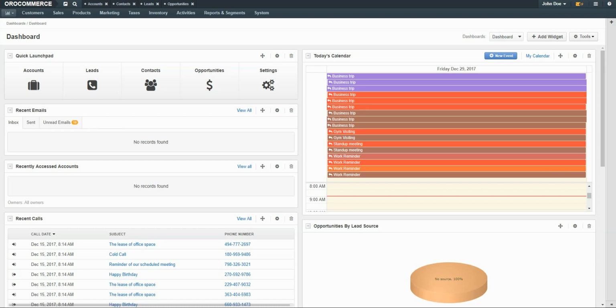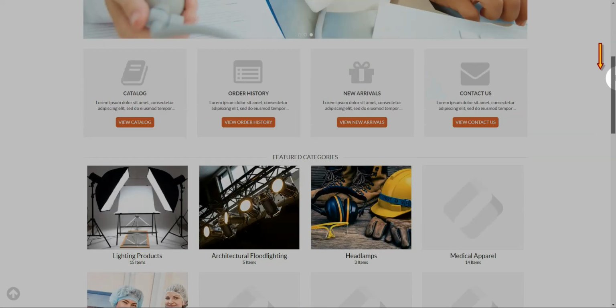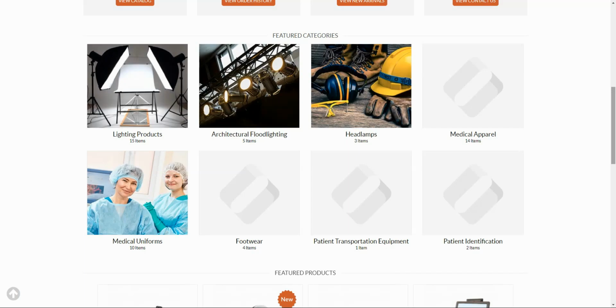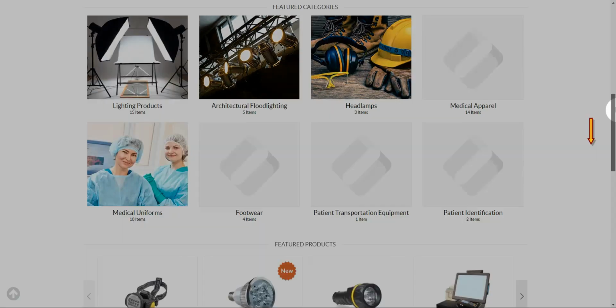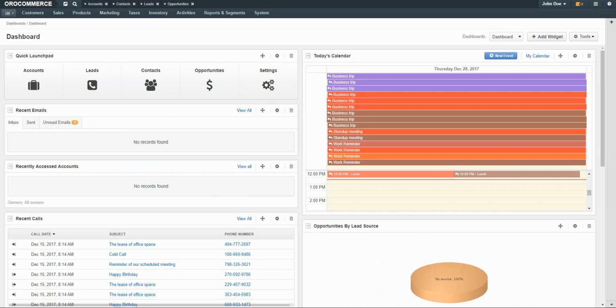To demonstrate these visibility settings, we can show a typical storefront logon when these permissions are set to the default levels. As you can see, we have several individual categories of products as well as individual products listed as featured and new on the website. Now we'll set these two configuration settings to hidden so that products and categories are not displayed when a customer